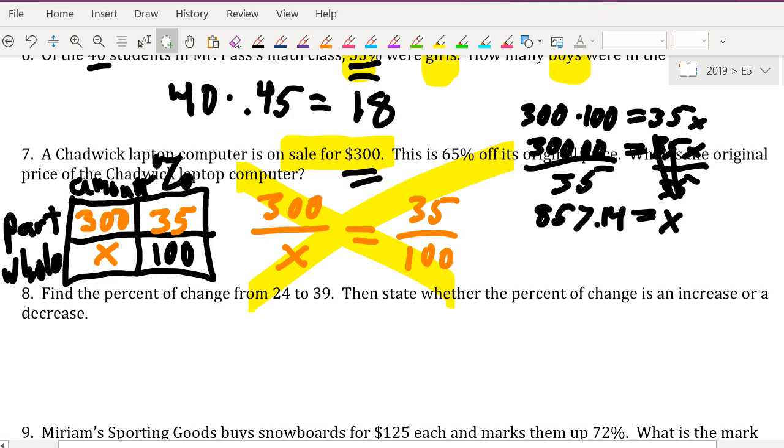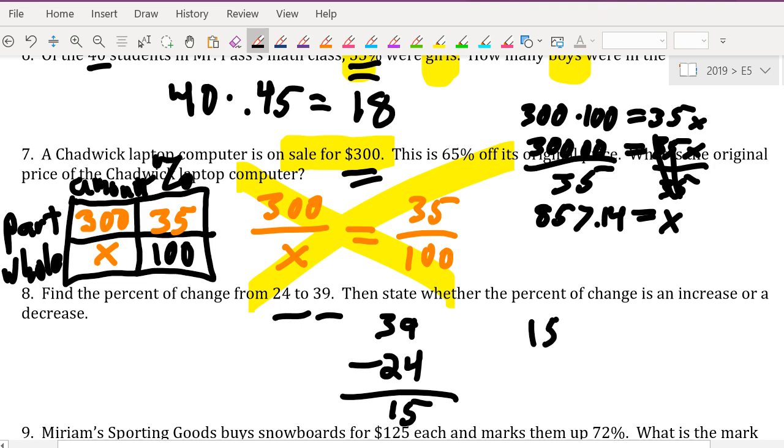Okay, how do we do percent of change from 24 to 39? That's right. So we subtract first. That's always the first step. 39 minus 24, we get 15. Then what? Is it 15 divided by 24 or 15 divided by 39? 24. You're right, because it's always out of the original. Thank you. That's correct. When we put that in our calculator, we get